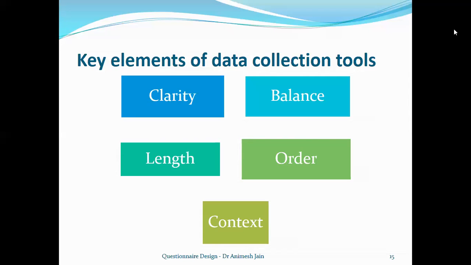Then order is very important. If you have started off with a fresh questionnaire that you are devising, many times our thoughts are haphazard and we keep jotting down. That's fairly all right. There's no problem. But once we have done that, try to group things in order and put related things together. Because if you start jumping from one thought to another, the fleeting of thoughts also happens when people are answering. That's not a good sign, because that will lead to people not answering properly, and many a time people will lose interest halfway. So you don't want that.